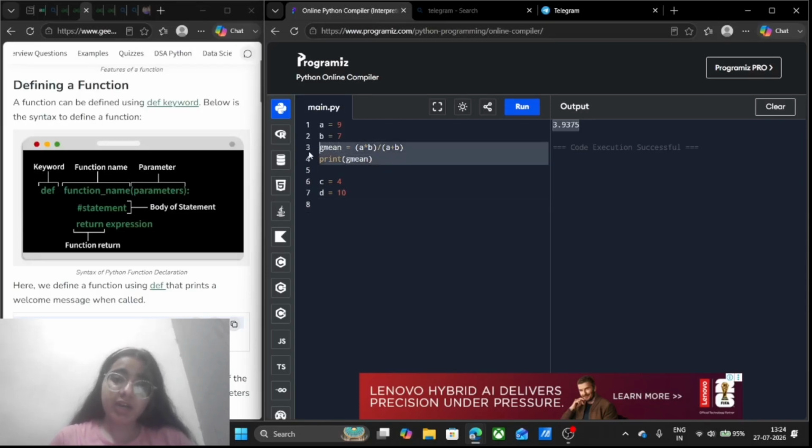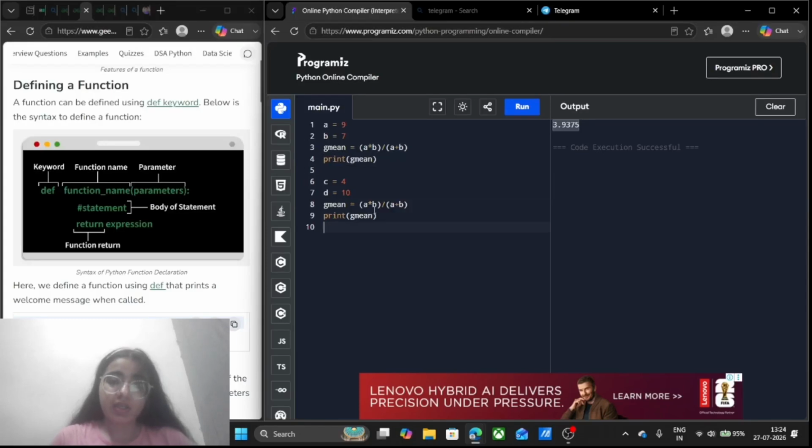So I have to write this code again here, and I will write c and d here and here also, and then I will run it. I get the geometric mean of c and d.